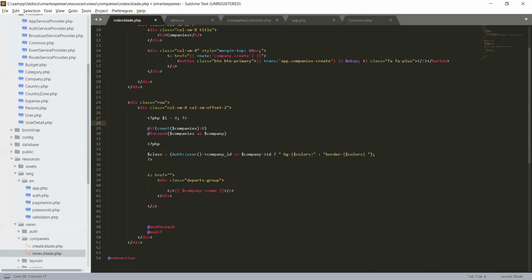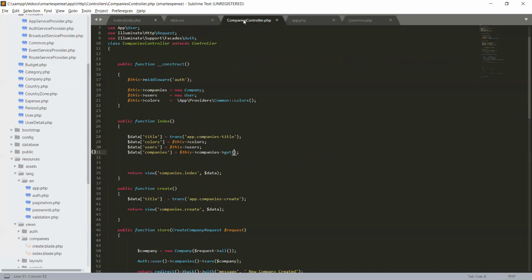Okay, and here we will give an array, and we will pass our I that we have created above and instantiated with value 0. So $i. So this variable is now the color index 0 because we are getting an array from our company's controller.